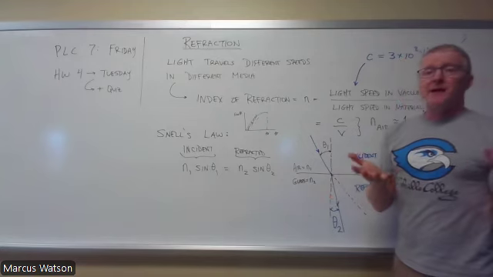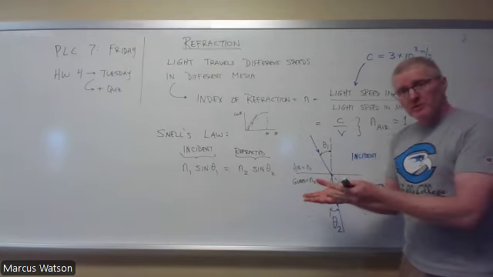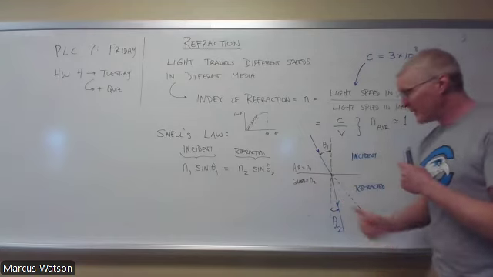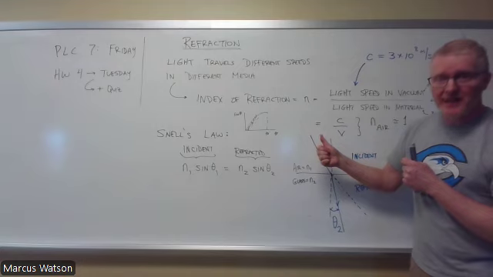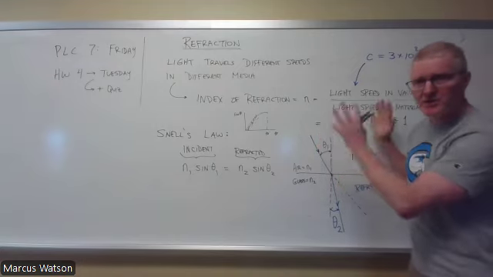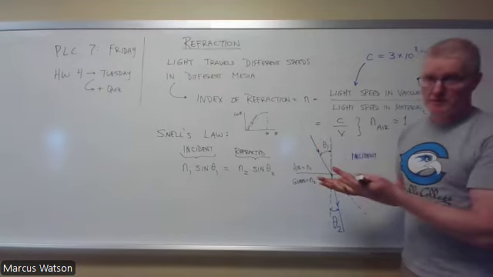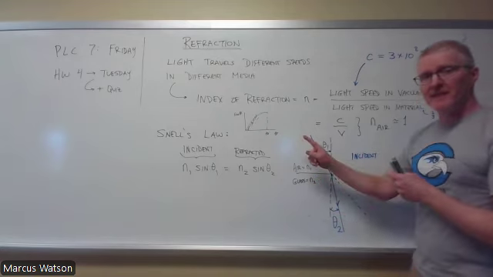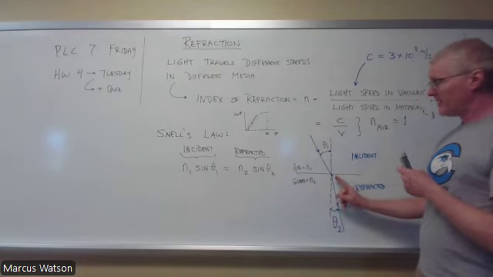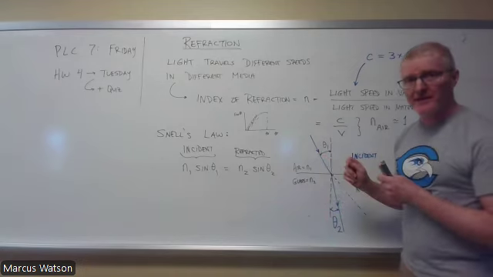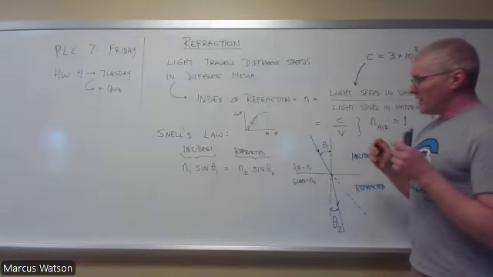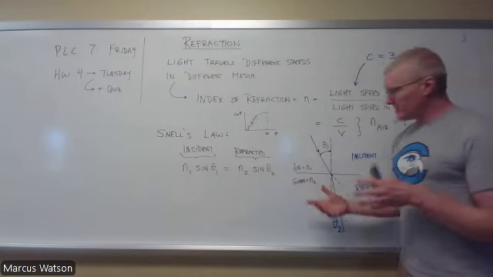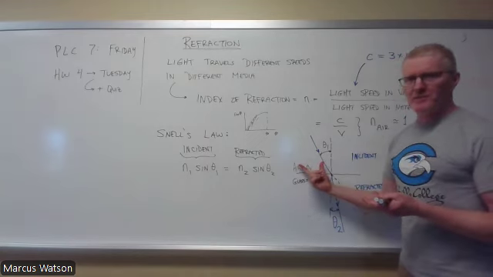Now, since we know that light's path is reversible, we could equally have said, what happens if the light starts in the glass and goes to the air? And you'd say, well, I could just do all of this over again. True. I could reverse this path and find that the light comes up and goes out along that exact path. And I wouldn't really have any problems just saying, oh, well, why can't this be N2 and this be N1? Well,